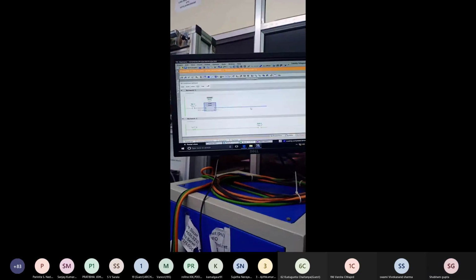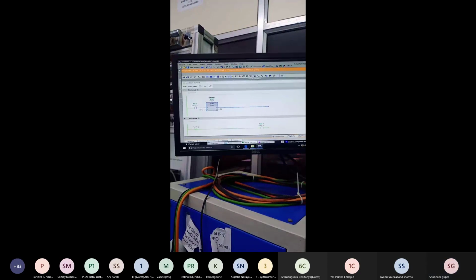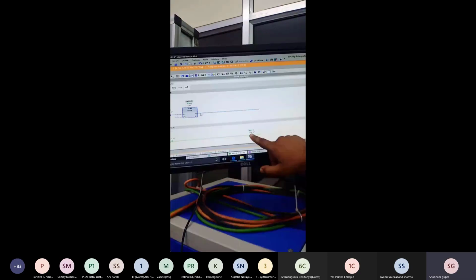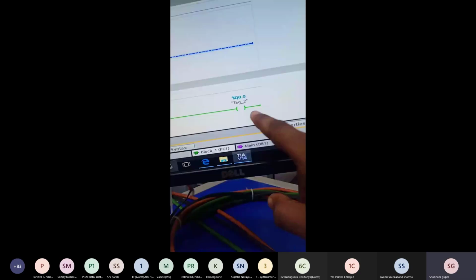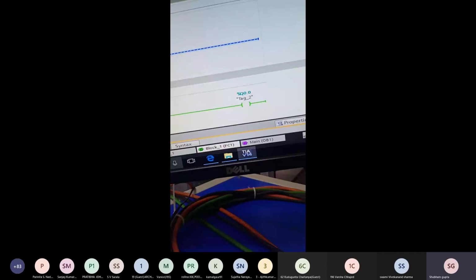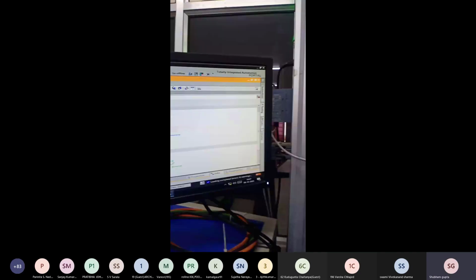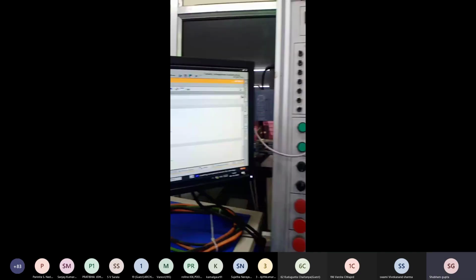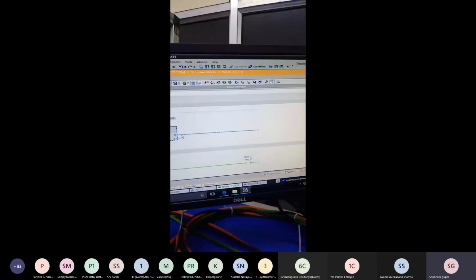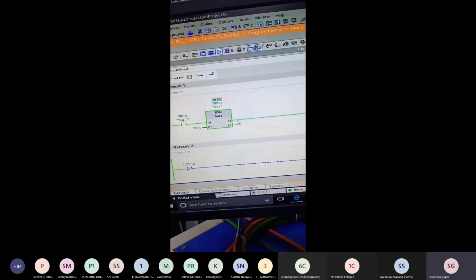Okay. Robot 2 is started. But when I press switch S2, the robot will stop in 5 seconds. Okay, the robot will stop in 5 seconds.